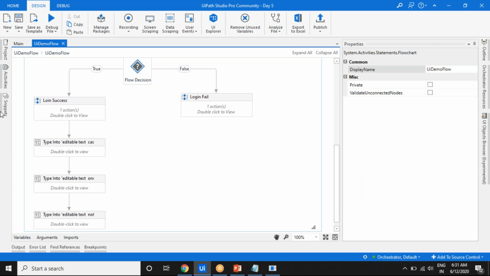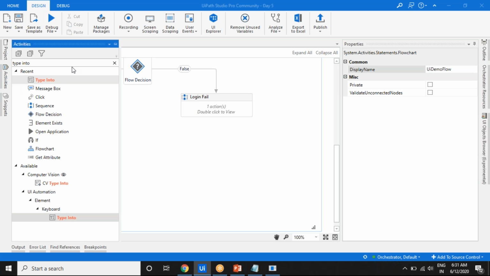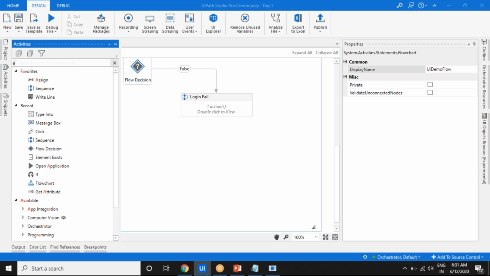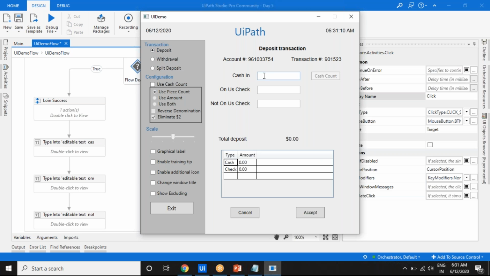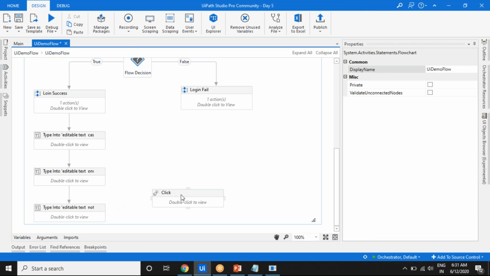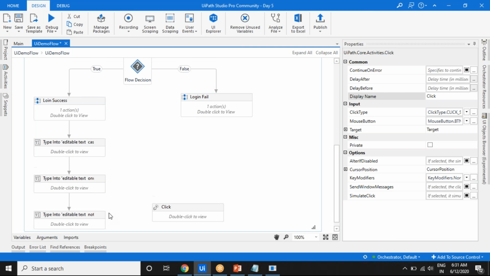Okay, so once we give the value, you have to click on the accept button. So just click activity, just drag that one here. So we have to give some values here, and click on the accept. Once we click on the accept, this number will change. So 901523, now it is 901. Transaction number is changed. So it's changing to 901524. So just click on the accept button